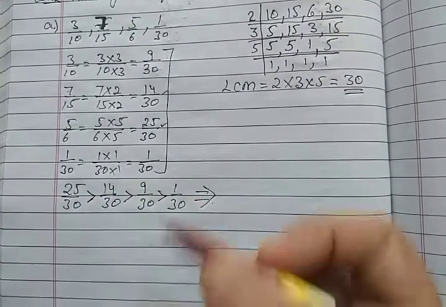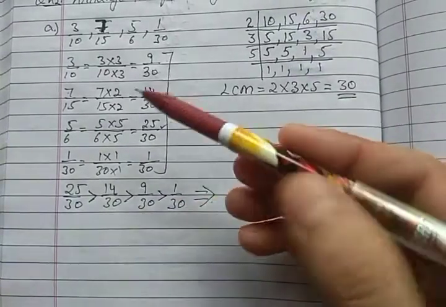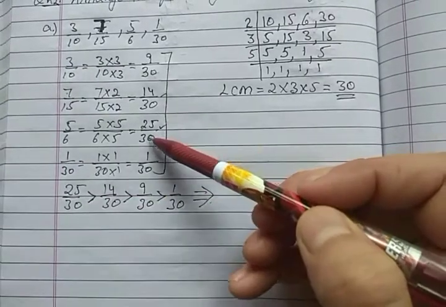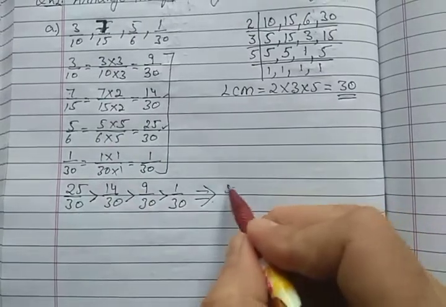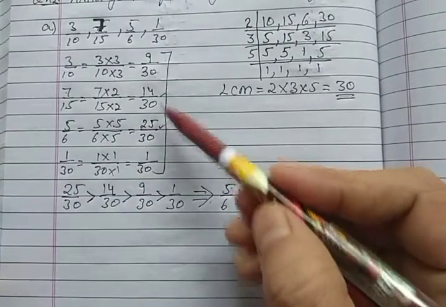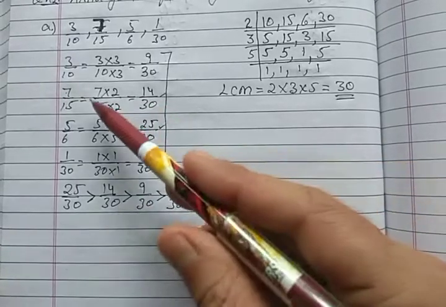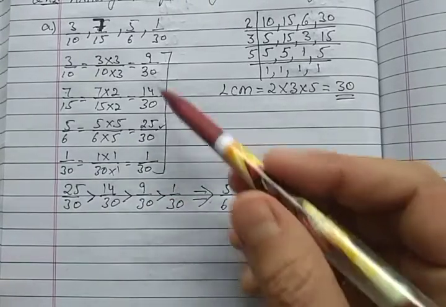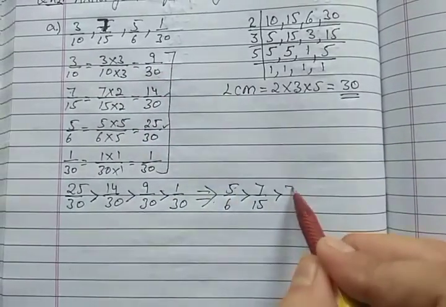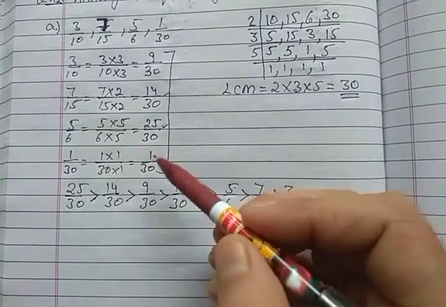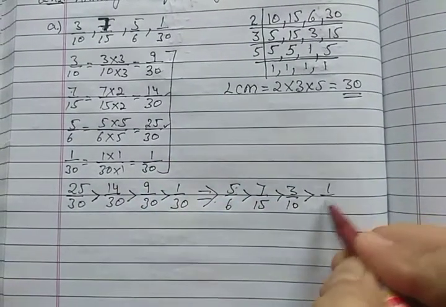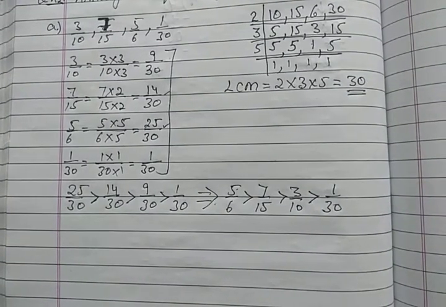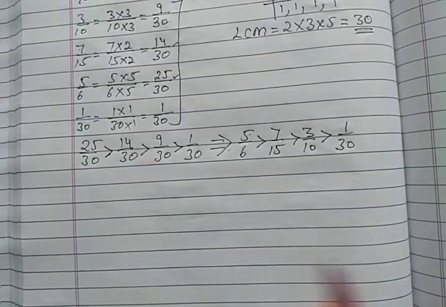अब हमें वो नंबर फ्रैक्शंस लिखने हैं जिनसे ये फ्रैक्शंस बने थे. So 25 upon 30 first of all. 25 upon 30 किससे बना था? 5 upon 6. We will write 5 upon 6. Then next one is 14 upon 30. So ये बना था हमारा 7 upon 15 से. Then next is 9 upon 30. So 9 upon 30 बना था हमारा 3 upon 10 से. And at last 1 upon 30. तो ये हमारा same 1 upon 30 से बना था. So in this way we can arrange the fractions in descending order. Let us do one more part.